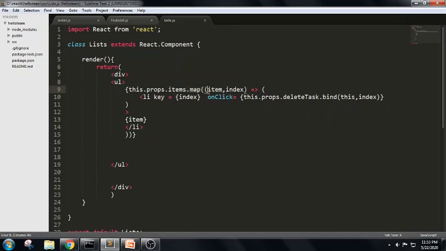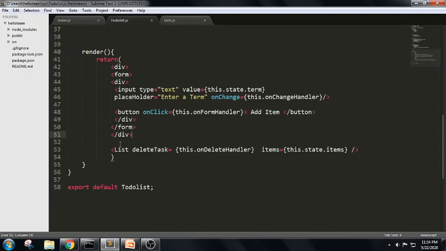With this arrow function we are trying to pass a bind here. If you can see here, bind means whenever you want to pass multiple arguments, automatically they will be passed or forwarded directly. So in this we have something called delete task. The same thing we were trying to define here.